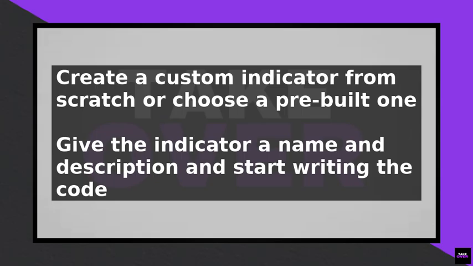The Pine programming language is used to create custom indicators on TradingView. It is a simple and intuitive language that allows you to define the calculations and logic for your indicator. You can use a variety of functions and variables to create complex indicators, including moving averages, relative strength index, and